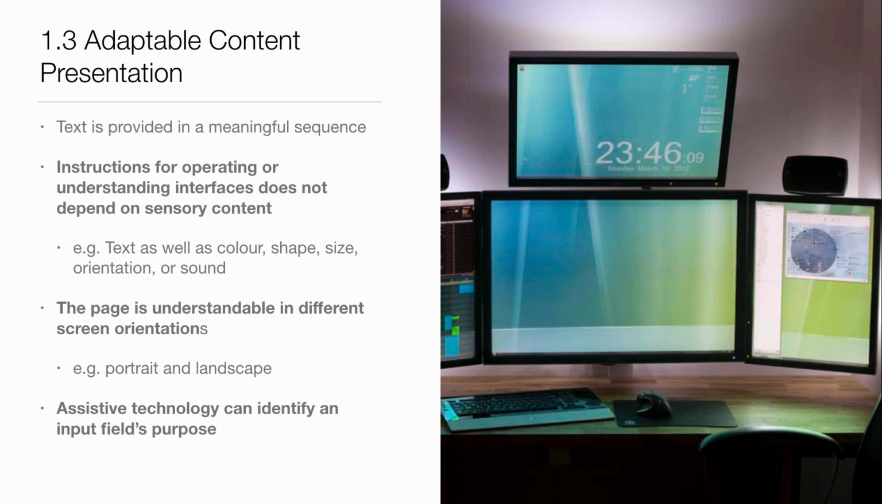Adaptive content means that when you present text, it's in a meaningful sequence. There's not an arrow saying, hey, look over there. You just read it with a clear flow. Your operating system is instructed to understand what's going on. So you'll have text descriptions, not just color, not just shape, not just size, orientation, or sound. You really let any assistive technologies work out what's going on the page by the words you use,